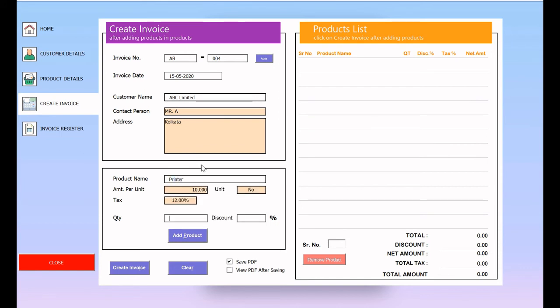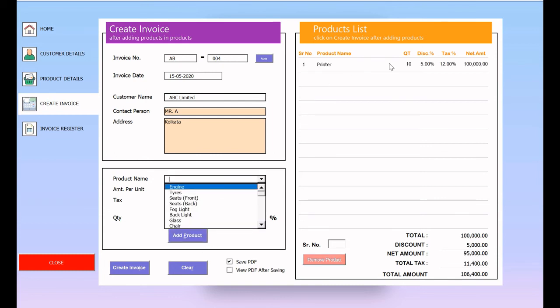So if I type on printer, it automatically takes the amount per unit, tax rate and number. Now quantity, we need to sell 10 quantity and give 5% discount, right? So now you can just click on add product, and you can see this product list has been updated. If you want to add another product, let's say laptop,